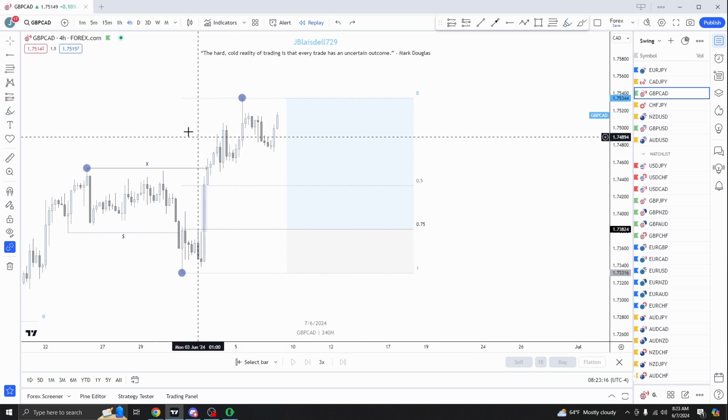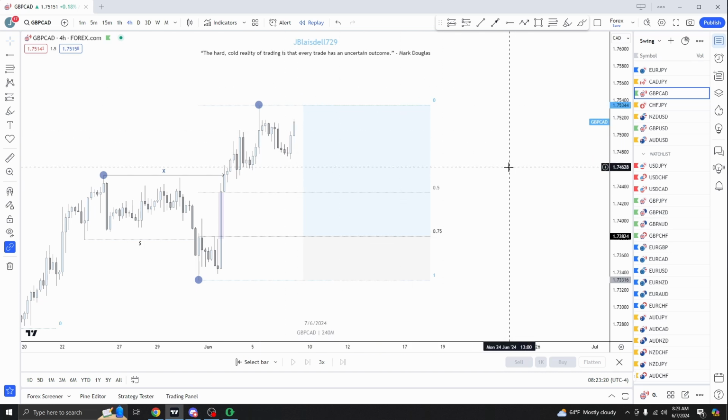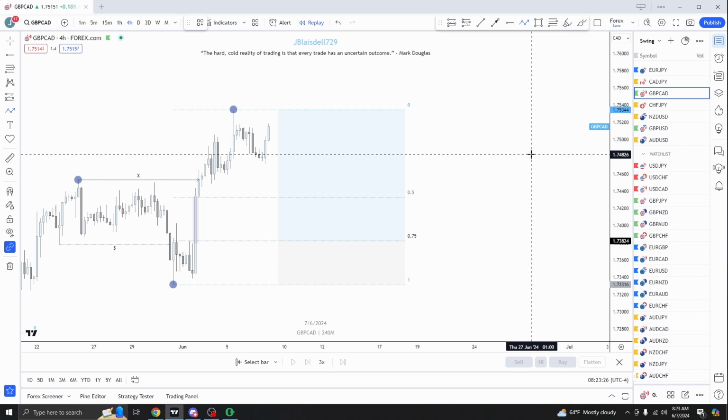fine taking this range. My only stipulation with this trade is if price continues to run, I'm going to question how long it will take for this trade to play out. I'm not the type of person who likes to hold a trade for one or two weeks, for example. So if this range does continue to grow and not show any form of retracement, I will probably end up deleting it,